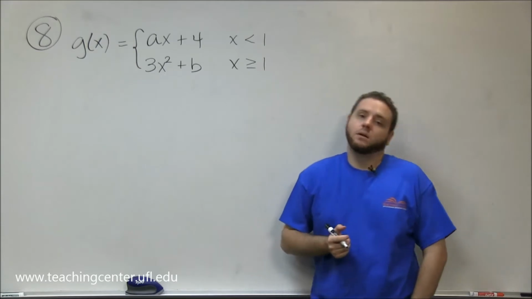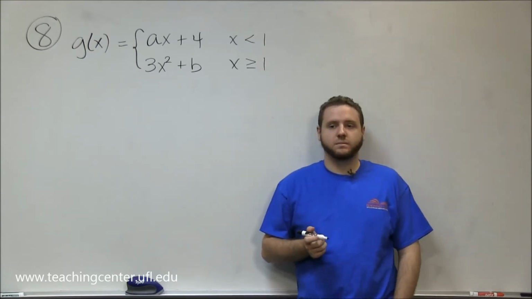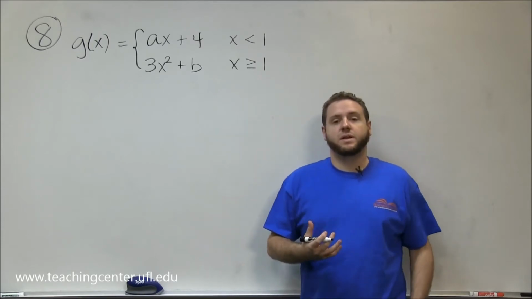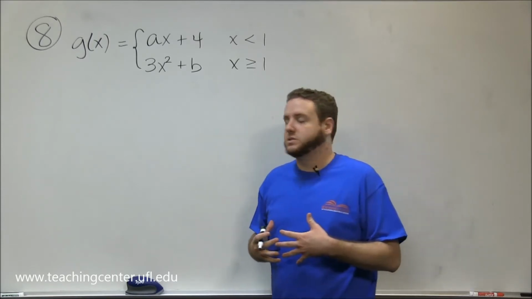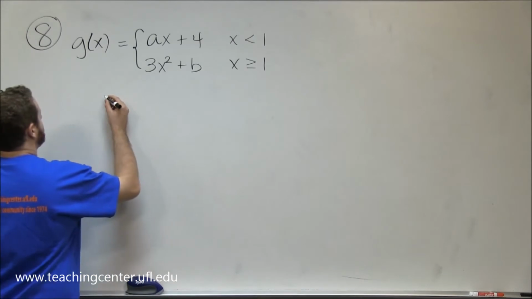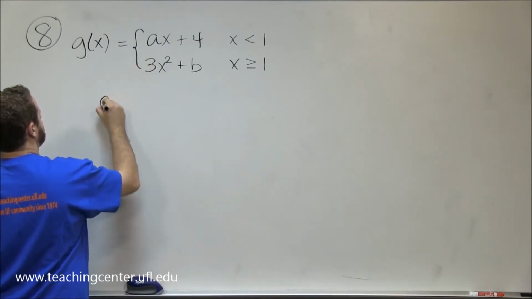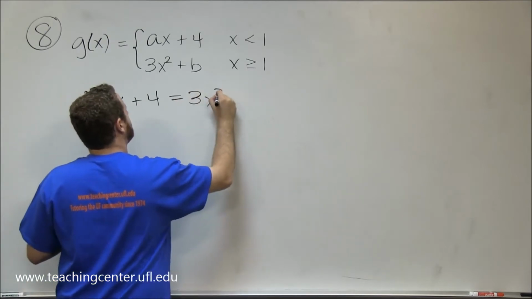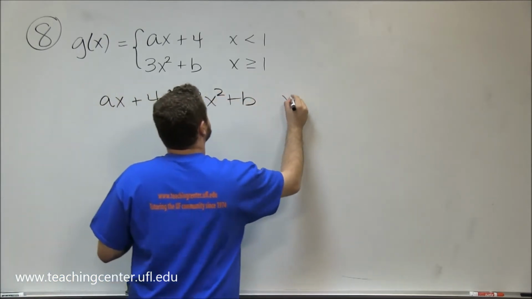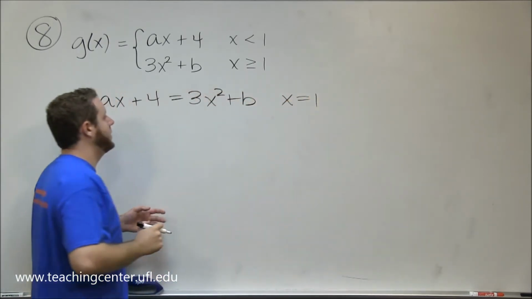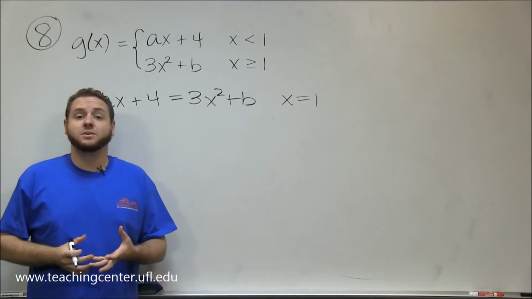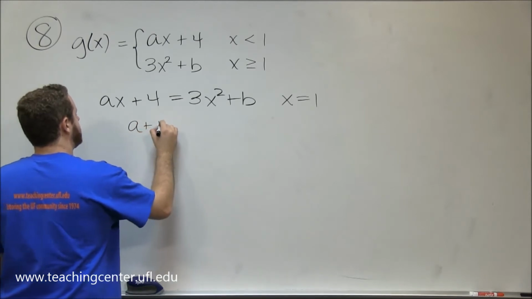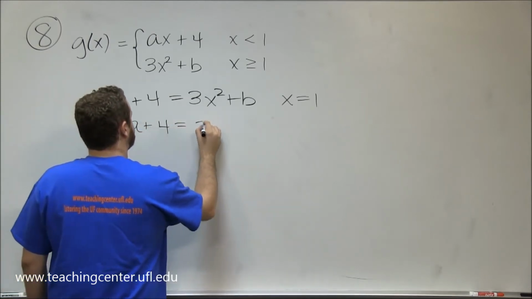So we've already done problems like this in this class when it comes to continuity, and when it comes to continuity, you just have to make sure that they meet at the same y value. So that's one condition. So we know that ax plus 4 and 3x squared plus b have to be equal when x equals 1 in order for this function to be continuous. So if we plug in x equals 1, we can see that this becomes a plus 4 equals 3 plus